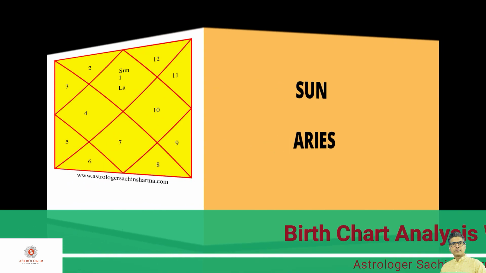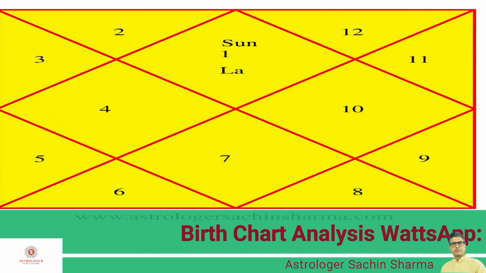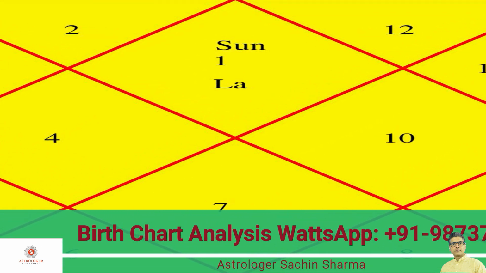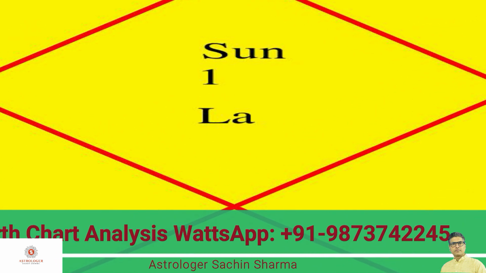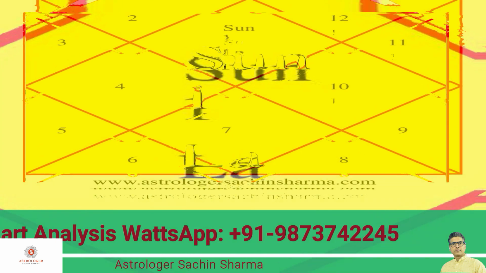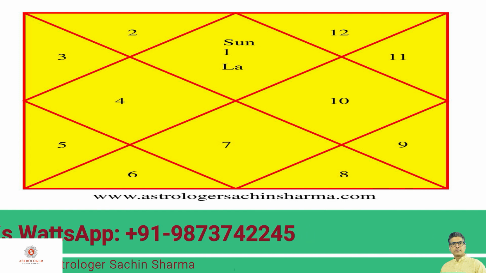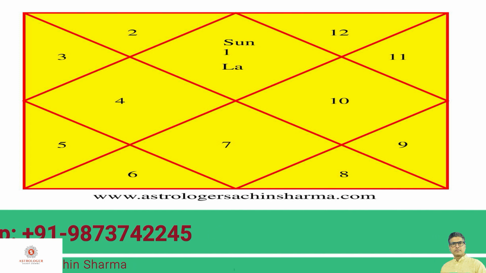placement of Sun. Let us understand this with the help of this example. Here Sun is placed in the first house and in the house of Aries. That is, Sun is placed where number 1 is written in the birth chart. Therefore, this is the best placement of Sun, and Sun is in its exalted sign. And whenever you find this placement of Sun, remember that such a person will be a king in his or her trade. Such a person will occupy a very high authority position, especially in the government sector. So this placement of Sun gives the person a Raj Yoga in his or her life.